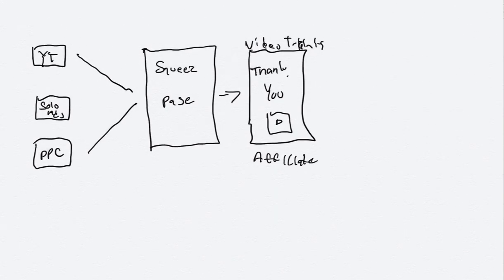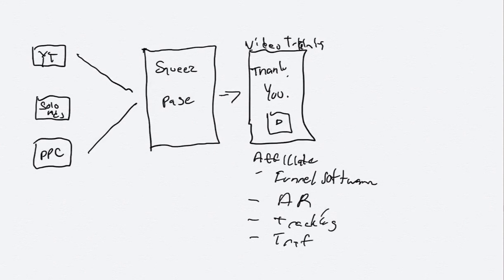So within this particular training, you can be selling funnel software. You can be selling, I'm going to put AR for autoresponder. You can be selling tracking. If you're doing paid advertising, you're probably going to need some sort of tracking. You could be selling traffic. There are traffic programs like Udemy that pay out to affiliates. So that's 1, 2, 3, 4 different affiliate products that you can sell within the video training,